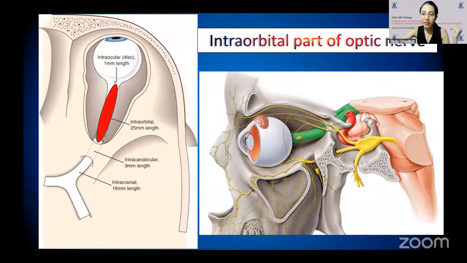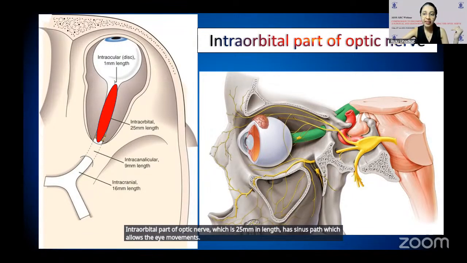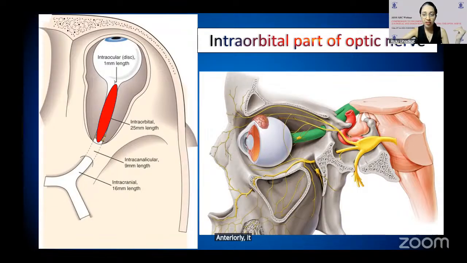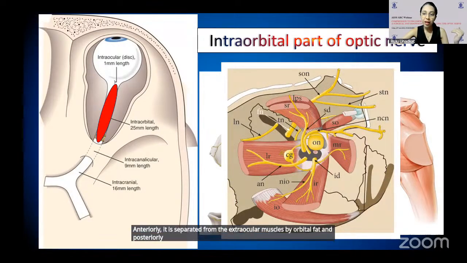The intraorbital part of the optic nerve, which is 25 millimeters in length, has a sinuous path which allows the eye movements. Anteriorly, it is separated from the extraocular muscles by orbital fat, and posteriorly, near the optic foramen, it is surrounded by the annulus of Zinn, with some fibers of the superior and medial rectus adherent to its sheath,